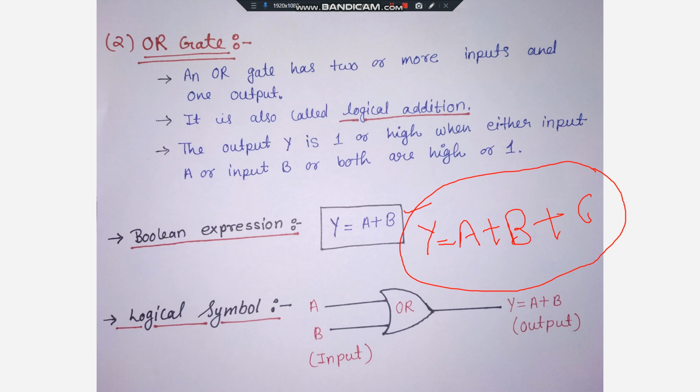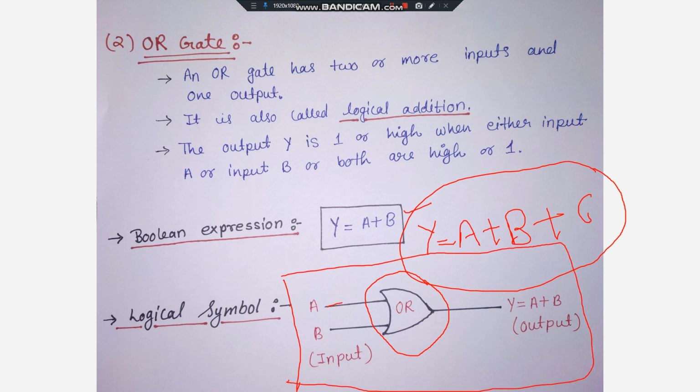Okay, now we will see the logical symbol of the OR gate. So for the OR gate, we have this kind of logical symbol, and this is the logical symbol for the 2 input OR gate. 2 input OR gate means in the input we will have 2 terminals. Here the first input is A, the second input is B, and here is the output terminal. And the output we have got is A plus B. Here we will write this plus sign, which in Boolean algebra represents OR. So A plus B, that is A or B, we will write like this.